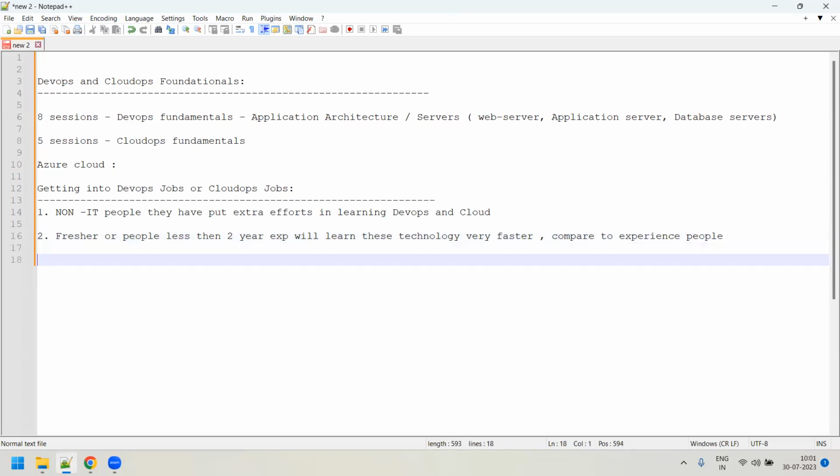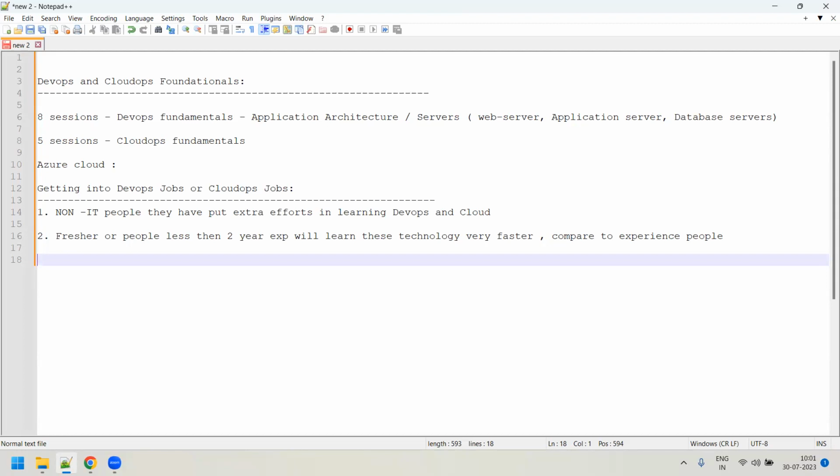One more very important thing is, whenever a fresher or a person who has less than 2 years of experience, okay, I won't say that a person with more than 2 years, like 2, 3 or 4 years of experience, is a fresher. He is an experienced fellow only, a much experienced person. You can equate a person with 3 or 4 years of experience even with 10 years of experience, because they will have more or less the same knowledge.